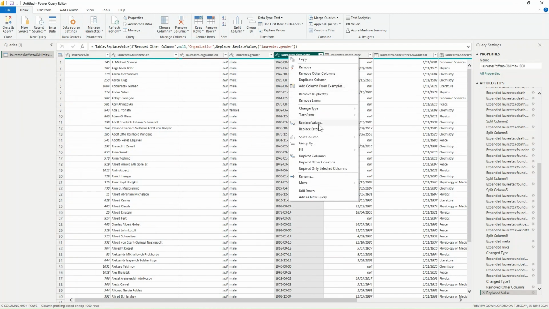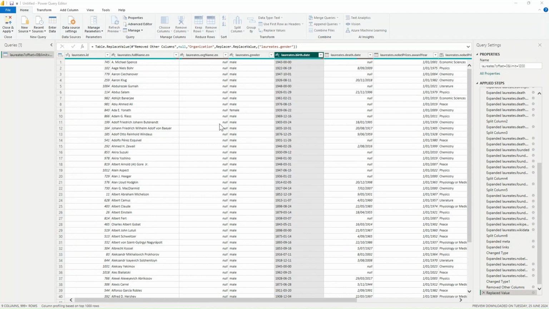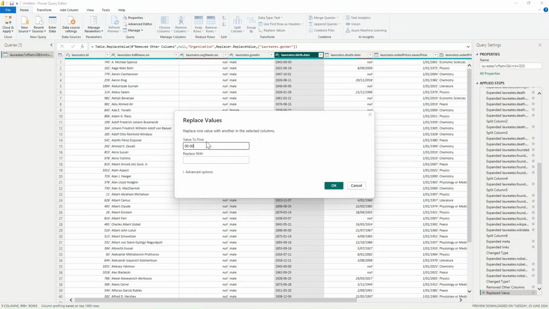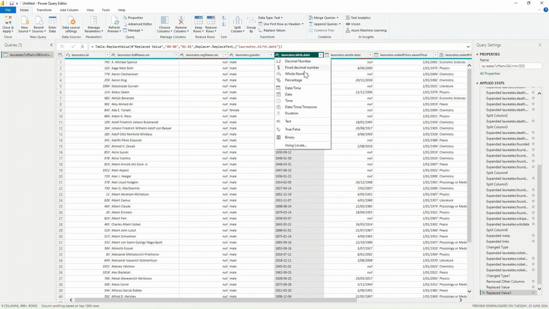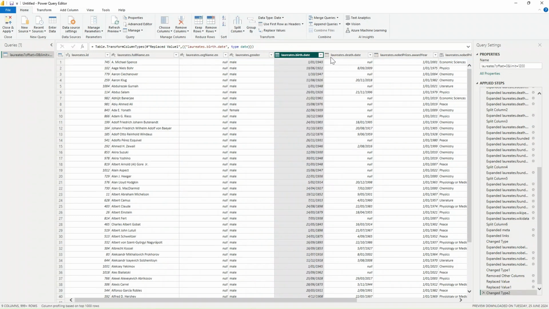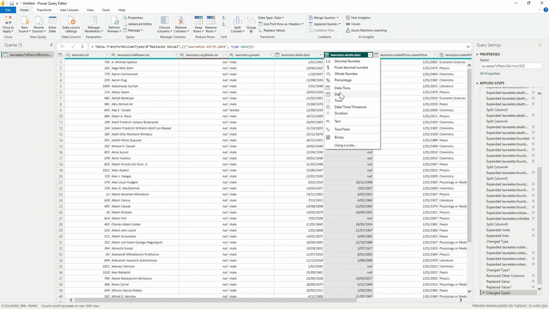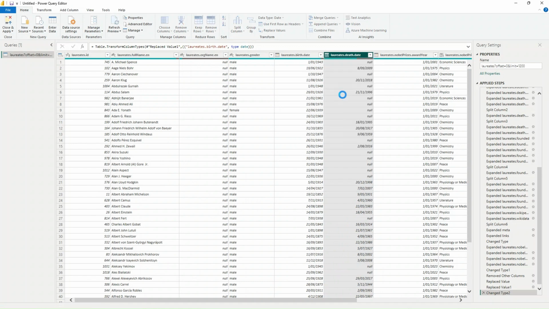So right clicking on the column, click on replace values, and we will replace these 00 by 0101 and click on OK. Now that this is done, I will just convert this into date, and I will also convert the death column into date. Now, the last thing that we need to do is change the name of this table. So I will put this to